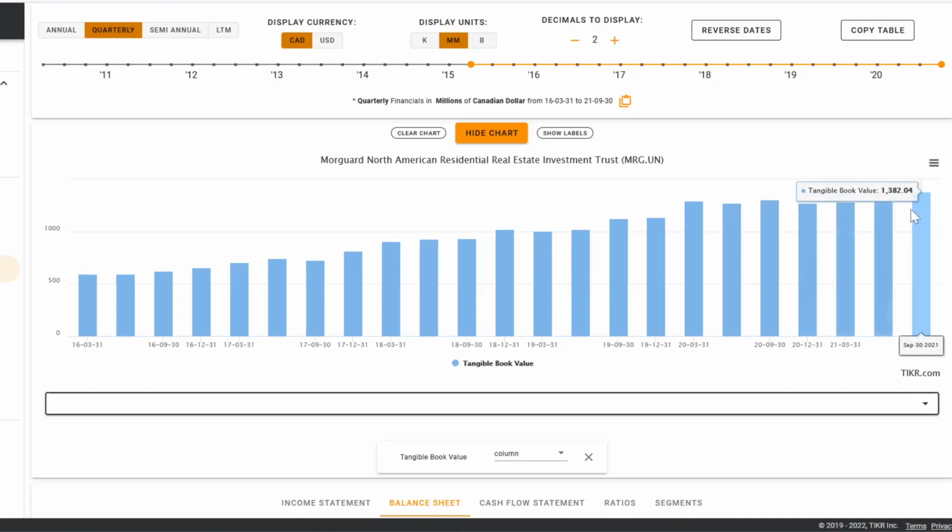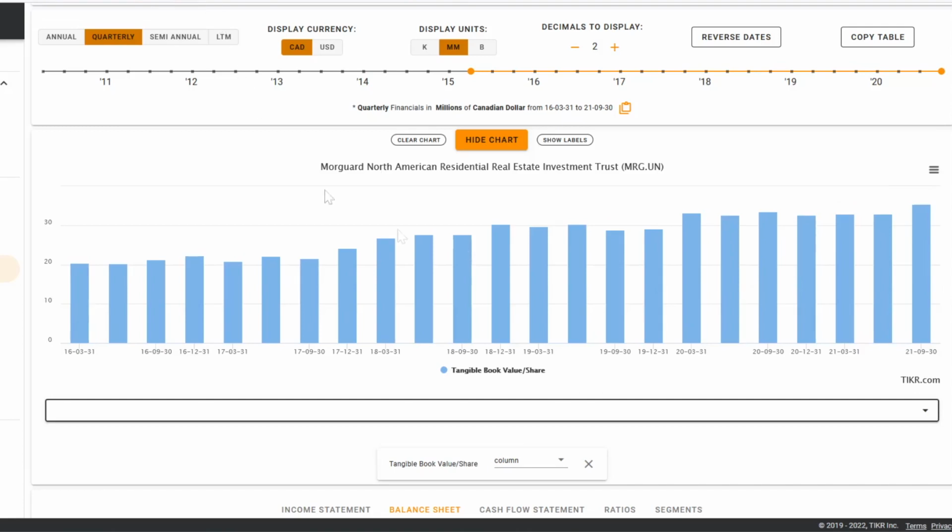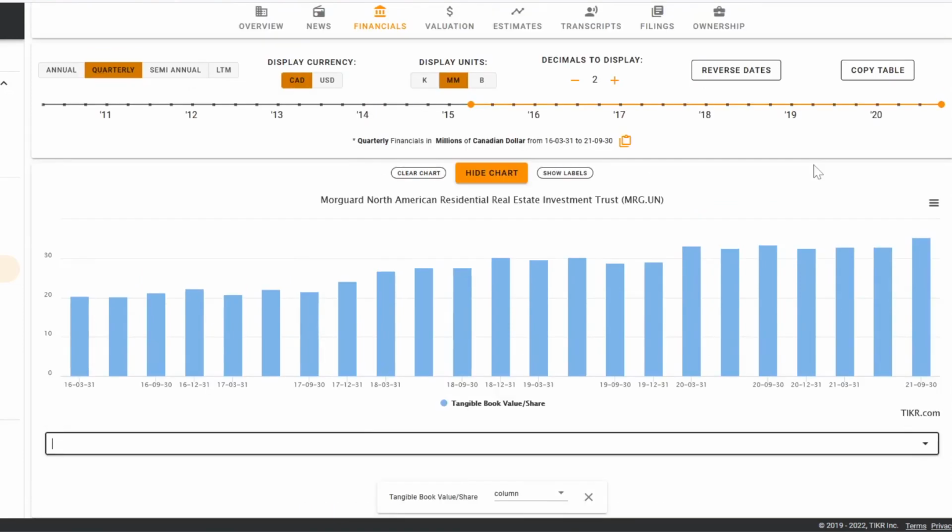Doing this with Morguard would result in a tangible book value per share of about $35.39. But the actual price per share is just under $18, which means that the company is currently trading at a discount based on its current share price of almost 100%. So if we were to buy today, we'd be getting buildings and land for half of the current appraised value,